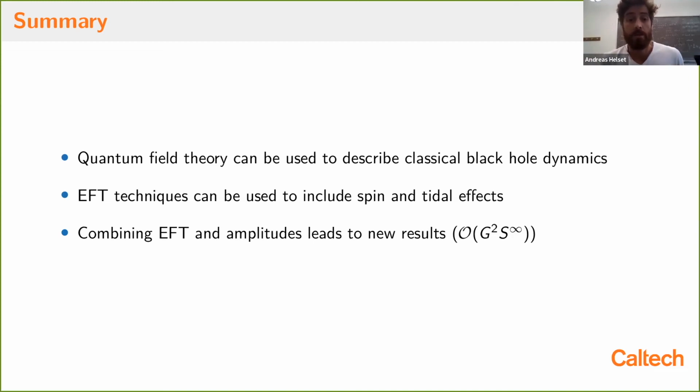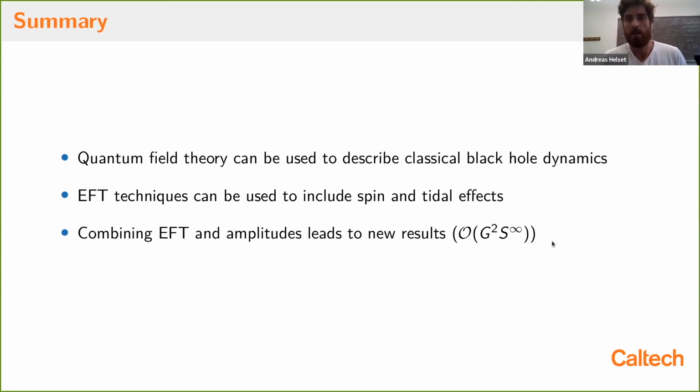So I've tried to convince you that you can use quantum field theory to describe classical black hole dynamics. And essential in this is to use effective field theory techniques to include both spin and also tidal effects, which I didn't have time to discuss. And the combination of effective field theory and amplitude techniques leads to new results. Here's just one example of G squared and all orders in spin results